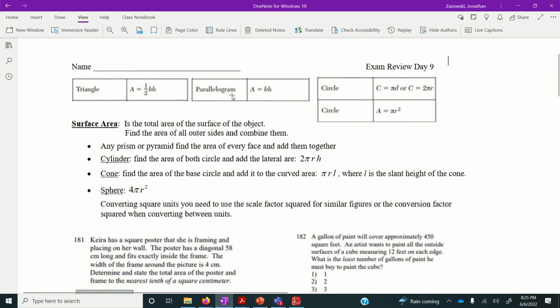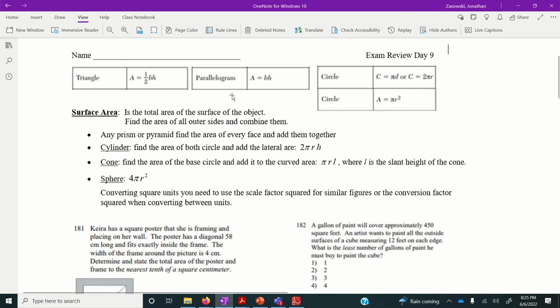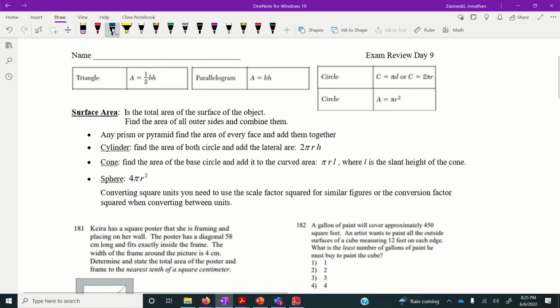All right, today we're taking a look at review day number 9, talking about area, a little bit of surface area, a little reference to the lateral area. So in terms of surface area, we talked about this during the year, but really for the exam, we just kind of want to consider the fact that surface area is just the area of all the surfaces. So if you have a prism, you can just find the area of all the outer sides and just add